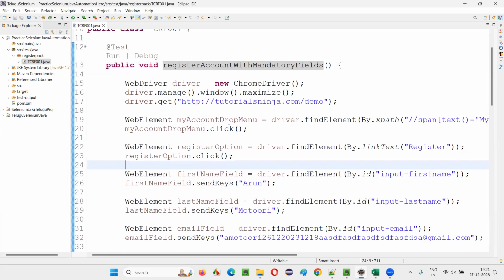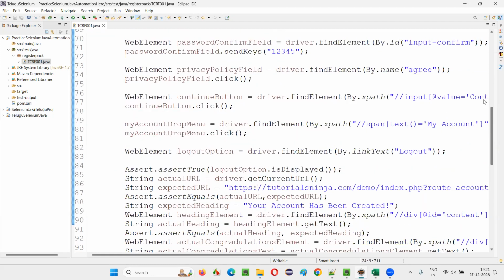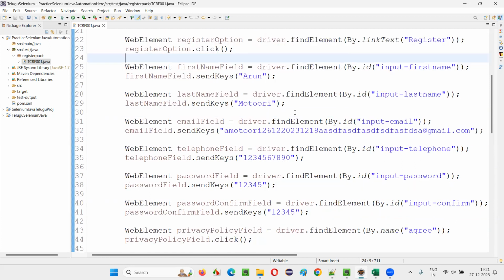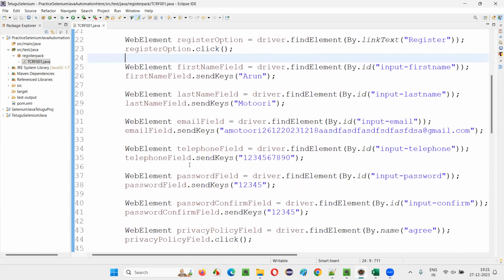In the previous session, I have written this particular code. So wherever I have stopped, I'm going to continue. Here you can see